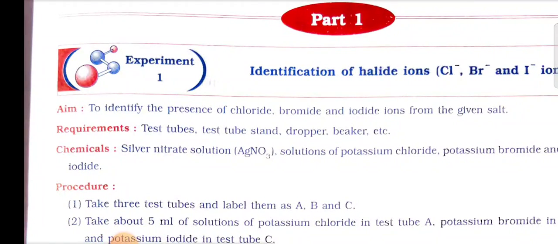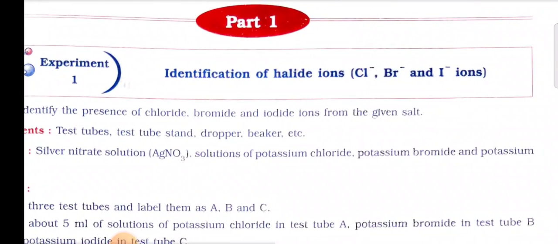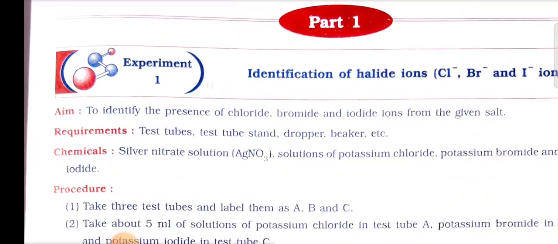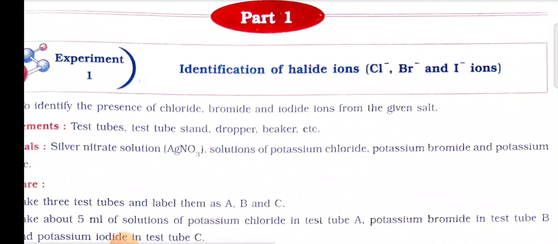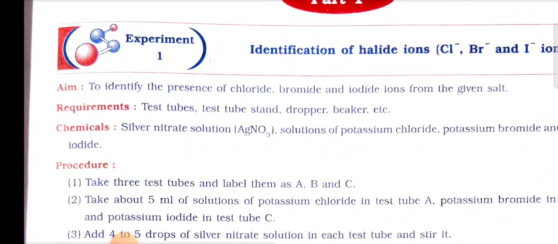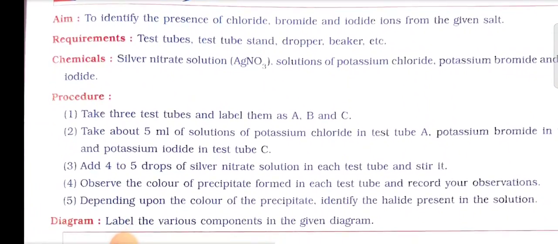Now, requirements. Apparatus: test tube stand, dropper, and beaker, etc. Chemicals: silver nitrate AgNO3, solution of potassium chloride, potassium bromide, and potassium iodide. Now, procedure: